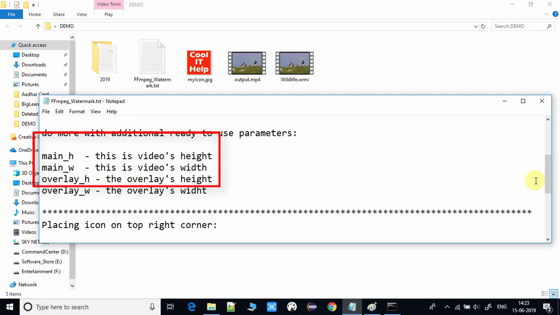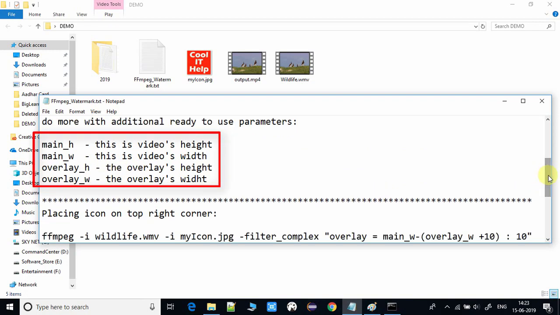First we will understand what the parameters are. Here we have some ready-made parameters like main_h, which means the video's height. Whenever you are using main_h, you are referring to the video's height. In the same way we have main_w, which refers to the video's width.